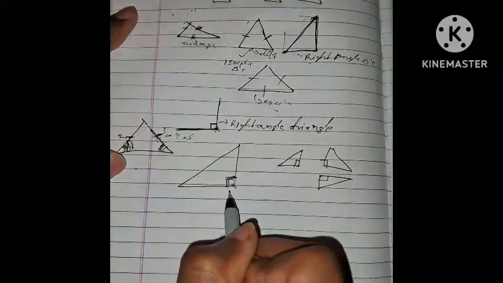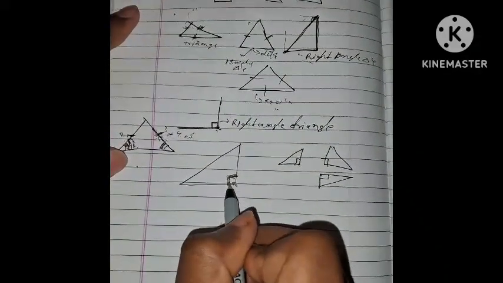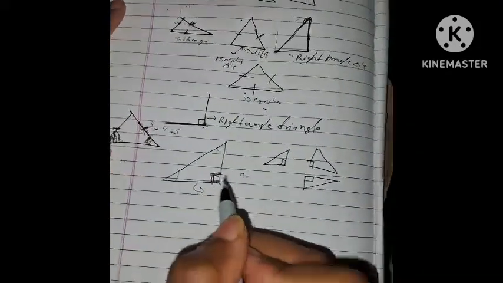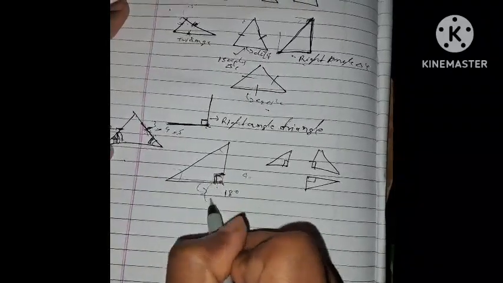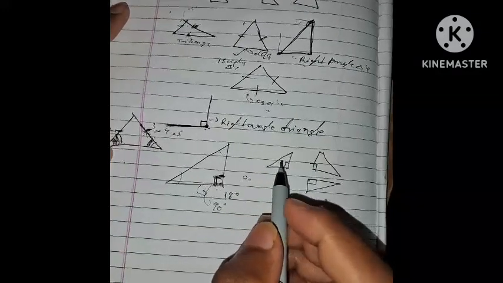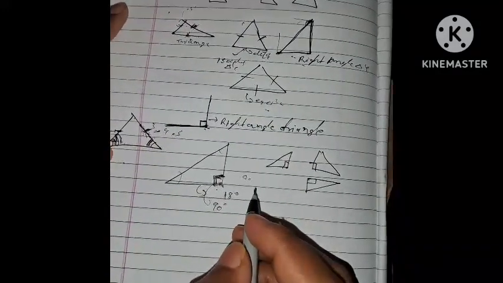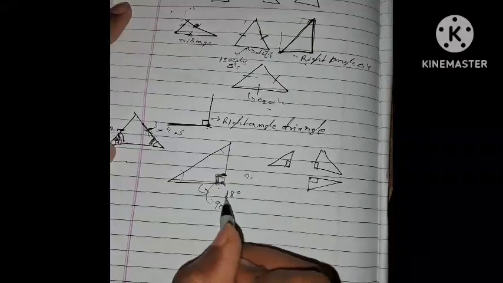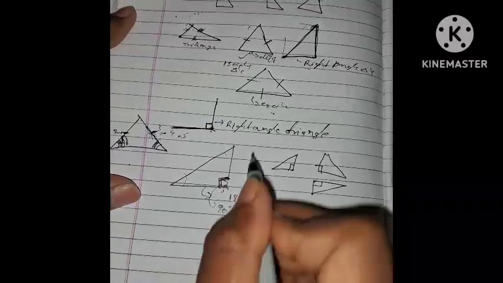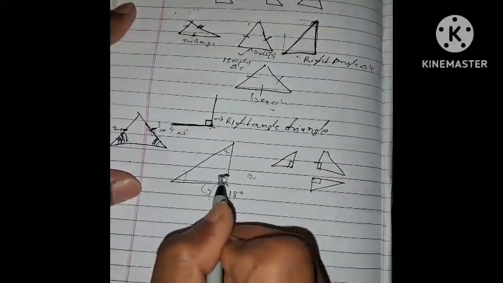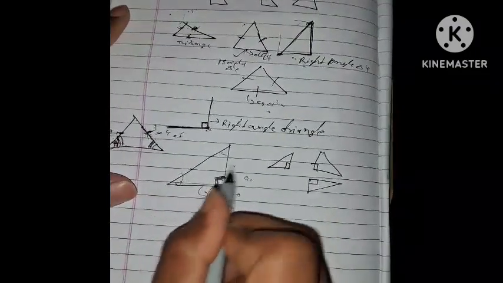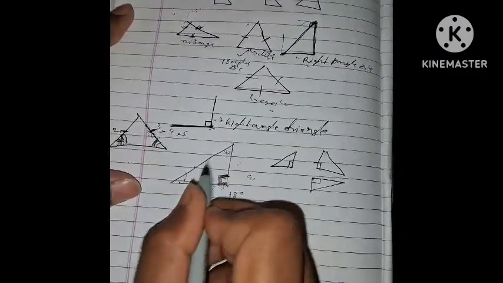Okay, so here the larger angle is 90 degrees. These two angles sum is 90 degrees. The sum of angles in a triangle is 180. This angle itself is 90 degrees. Then the sum of the other two angles will be not more than 90 degrees, right? So this is 90 degrees itself and greater than these two angles. So the side opposite to this will be larger than the sides opposite to these small angles, right? This is the larger angle.